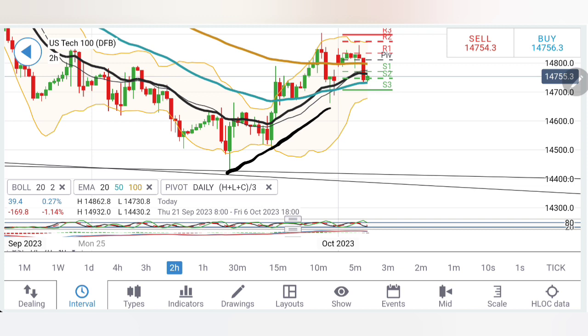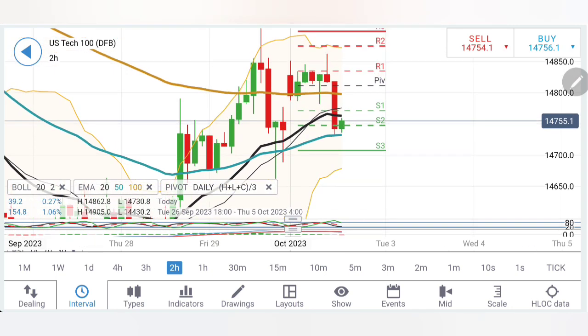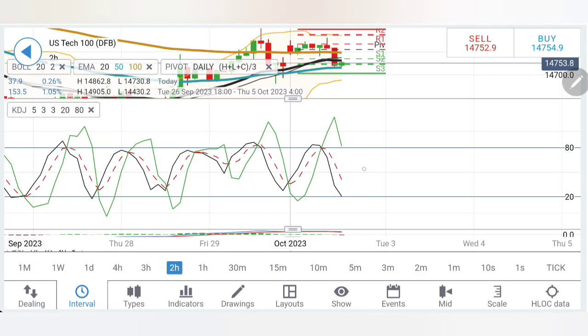Just connect the lows here, you will find everything precisely connected, and here also it is connected precisely from the bottom of this channel. It is trying to reverse here. But here one point to note, that after consolidating for 3 to 4 candles, this was a breakout candle and it has erased all the gains, and hence a complete reversal requires a lot of force on the upside for it to revert completely, which appears to be difficult as of now. Thus 14,840, 850 zone is going to be a great resistance.